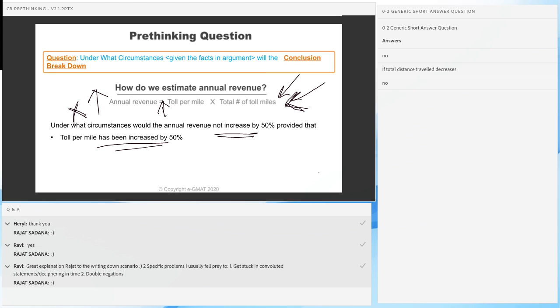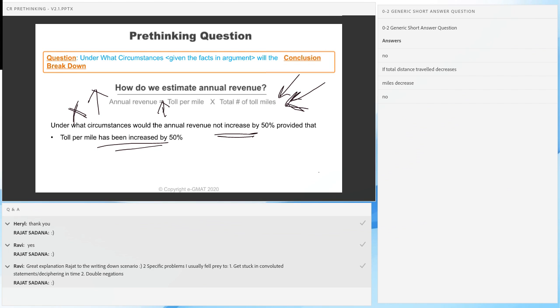I mean, and that's the value of pre-thinking. It keeps your focus on the information given in the argument, and that's why you've got to do pre-thinking before you look at answer choices, because CR answer choices are notorious when it comes to providing you unnecessary but tempting information, and that's what happens